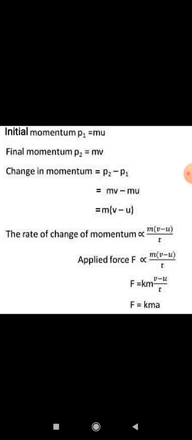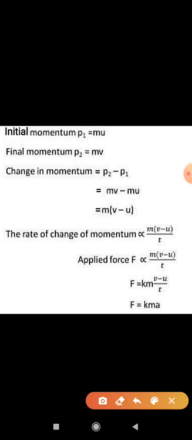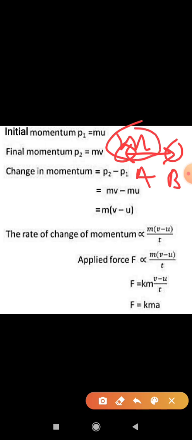Mathematically we can prove it. In the beginning I said rate of change of linear momentum, which indicates that two things will be there: linear momentum and change in linear momentum. Firstly we will find the change in linear momentum. Suppose a body has mass m and moves from position A to position B. The body's mass was m. At the initial position, the velocity of the body was u, as we always consider initial velocity to be u.